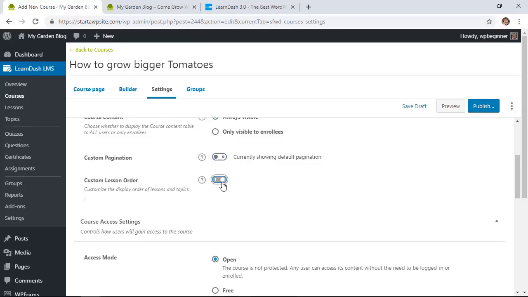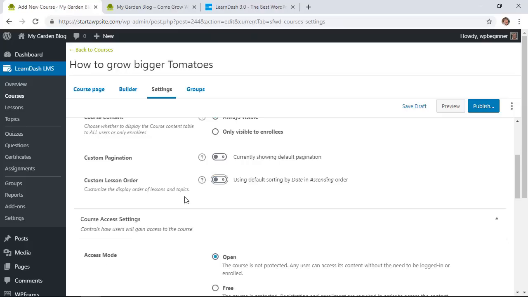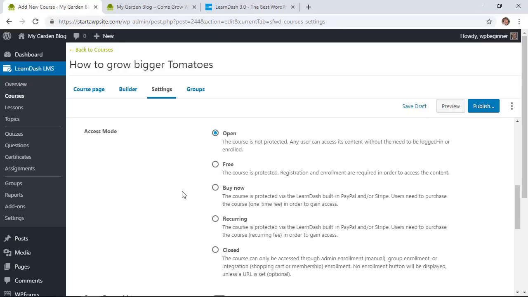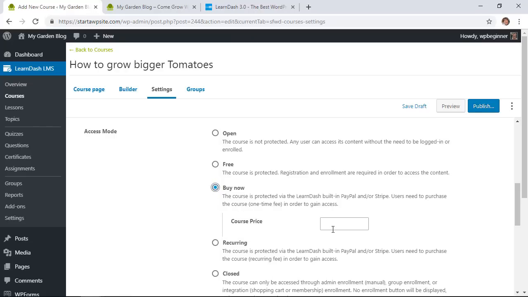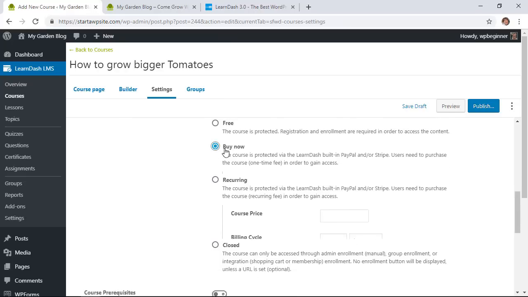And then under here, you can customize how you want the lessons to look. Under access mode, you can choose whether you want this to be a free open course, if you want it to be recurring, or if it's simply a one-time purchase. So something like buy now would be a one-time purchase. If this is kind of a recurring fee, then you can do the course pricing and how many days is the billing cycle. So for this, we'll just set up one time